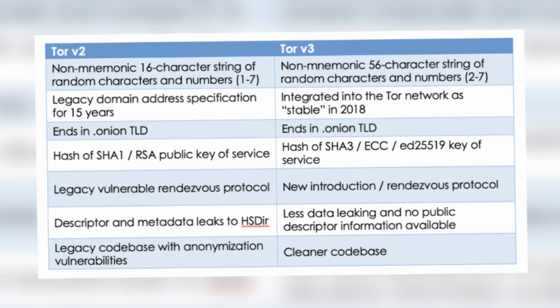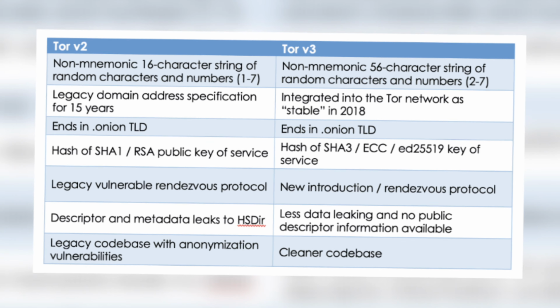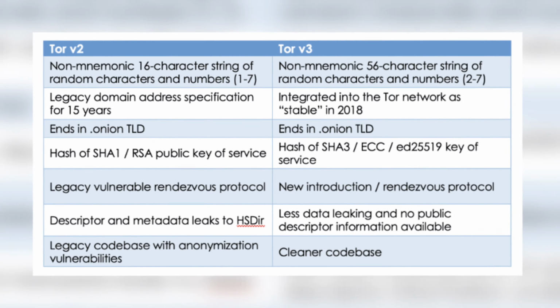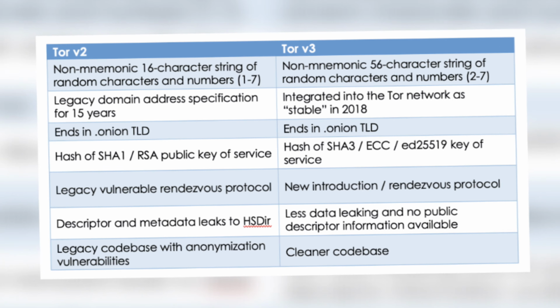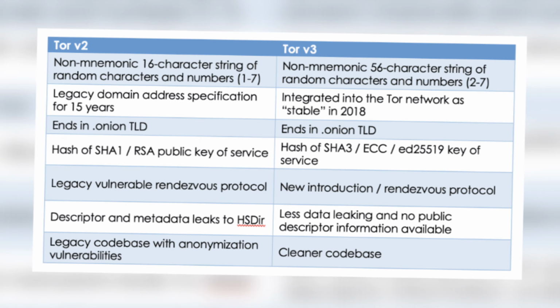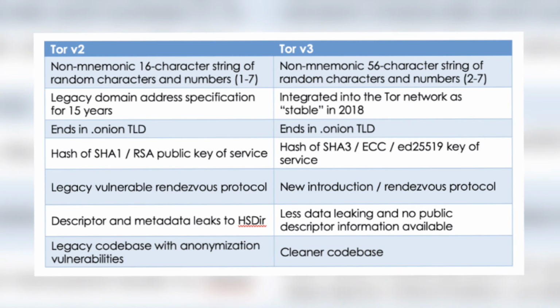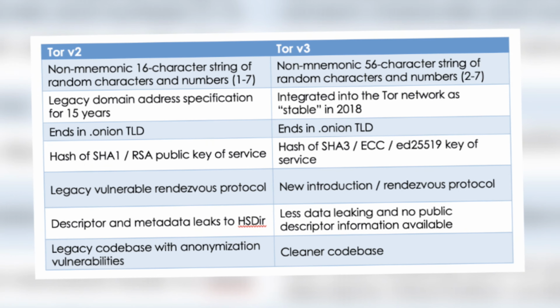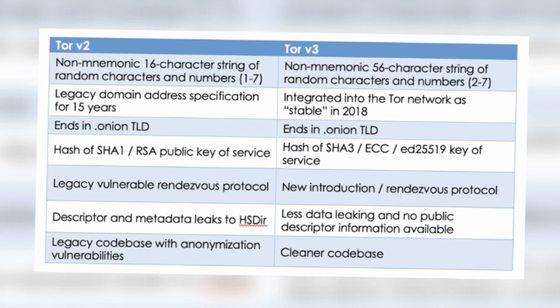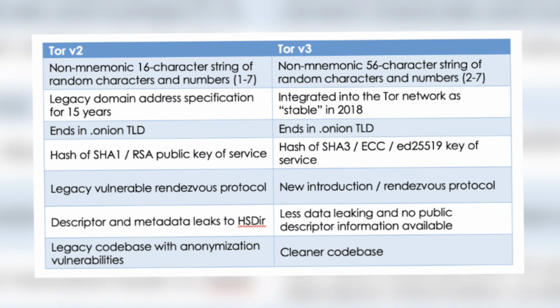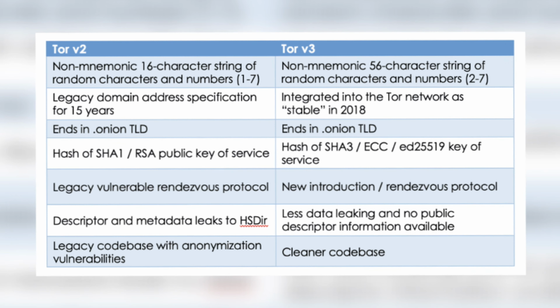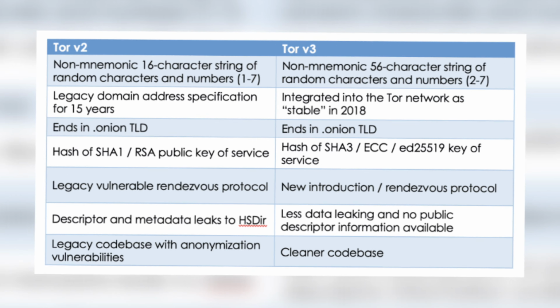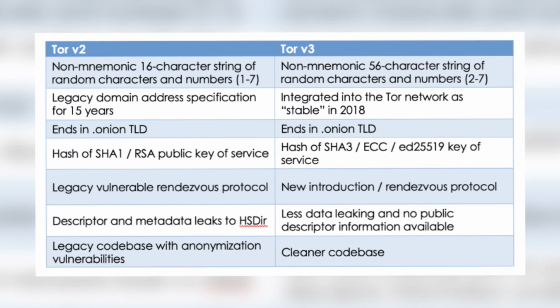For current, realistic technical documentation, we focus on the modern standard, version 3, or v3 addresses. The older v2 addresses were short, only 16 characters. Today, v3 addresses are a massive 56 characters long. This exponential increase was driven by the necessity for greater security, replacing older, weaker cryptography with modern standards. The complexity is so profound that even generating a slightly memorable prefix, a vanity address, requires staggering computational resources.